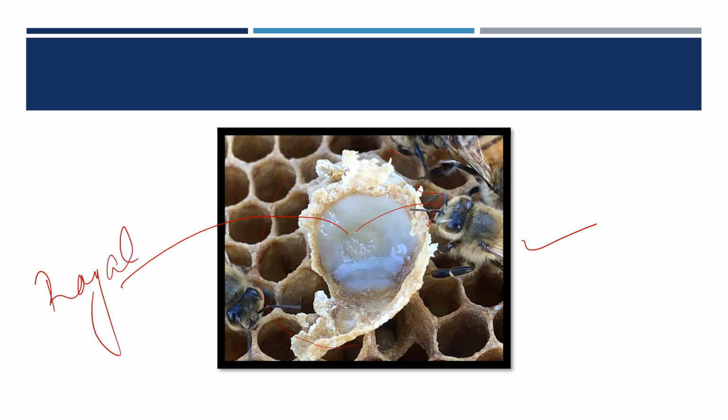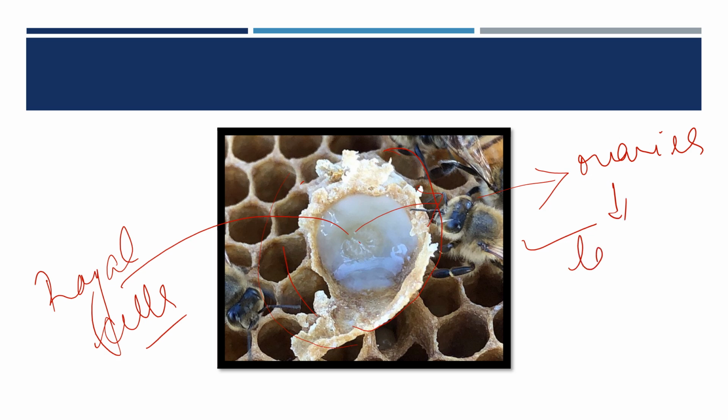Okay, so you can see the workers have created special cells where the queen is being fed a copious amount of royal jelly, and this type of feeding triggers the development of the queen morphology, including the fully developed ovary needed to lay eggs. So what does this do? This will mature their ovaries properly and help them to lay eggs, which is necessary for the queen bees to